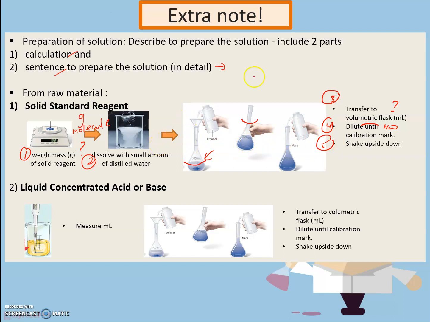Okay. If from liquid concentrated acid or base, so daripada chemical yang liquid. So dia punya caranya kita akan tuang dalam small beaker, lepas tu transfer or measure using pipette, measure berapa ml. Ini daripada calculation. Okay, step yang sama. Satu calculation, number two sentence to prepare the solution. So measure berapa ml and then transfer to